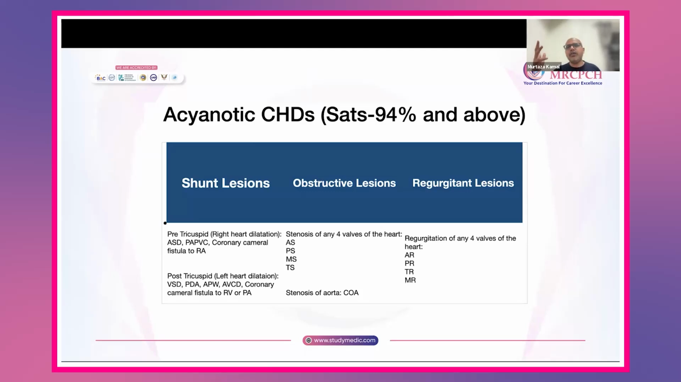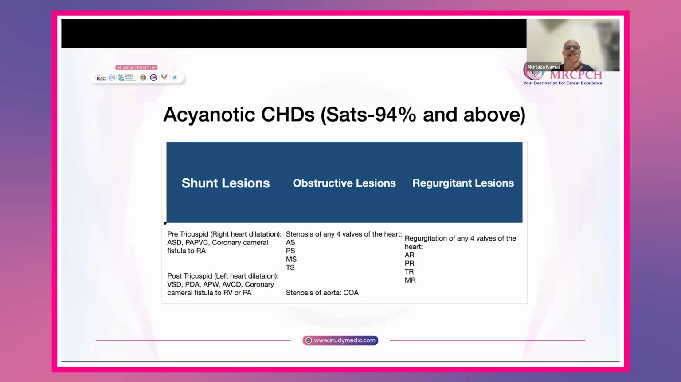There are four pulmonary veins, they drain into the LA. If one, two, or three of these pulmonary veins are erroneously draining into the RA, either directly or indirectly, it becomes a PAPVC. If all the four drain into the RA, then it becomes a TAPVC, which is cyanotic. We will not be talking about it. So if one, two, or three only drain into the RA erroneously, it is known as PAPVC, and this